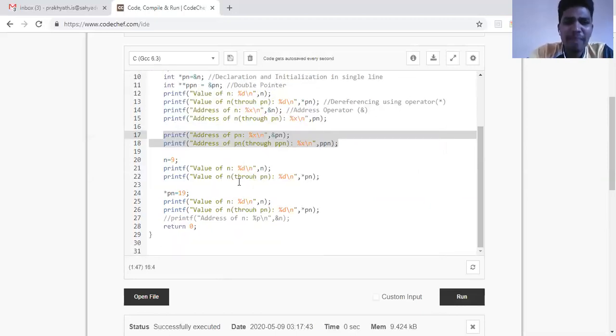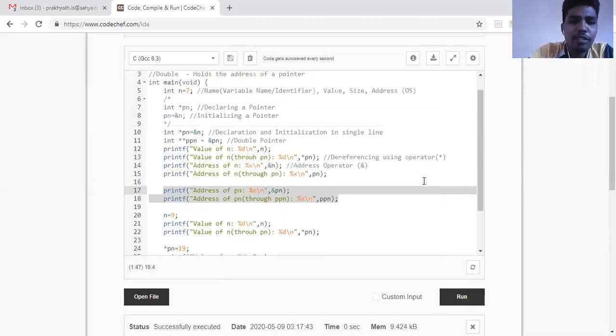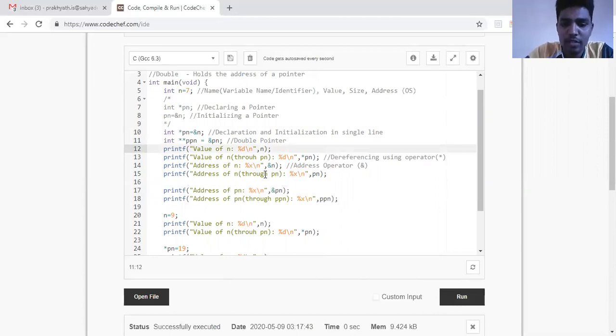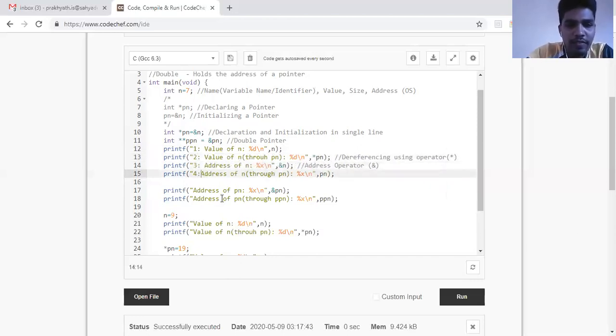As we have multiple printf statements, it is confusing to understand which output is for which line. So what we can do quickly is name the output lines. I'll write this particular line as 1:, so that we'll know it's the first line, and we'll write this as 2:, and this as 3:, so that when we see the output, we can understand, okay, this is the 4th line output, this is the 5th line output.